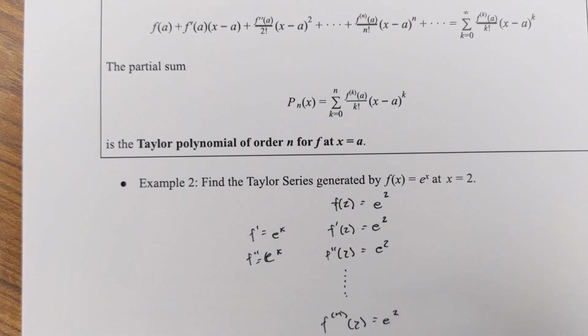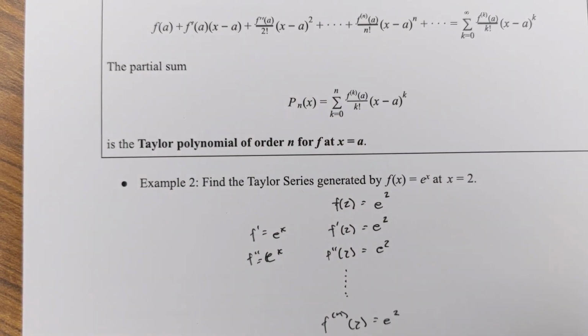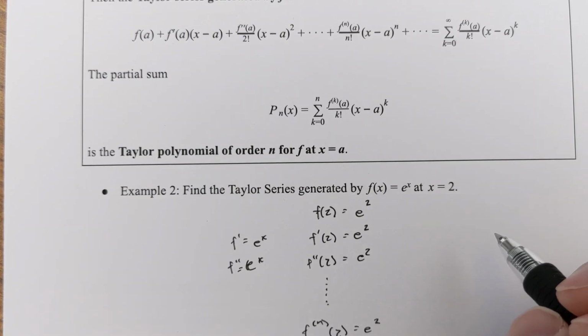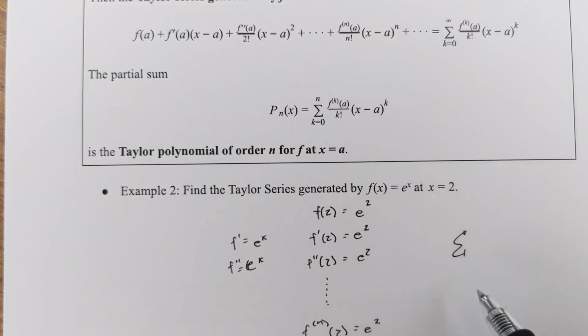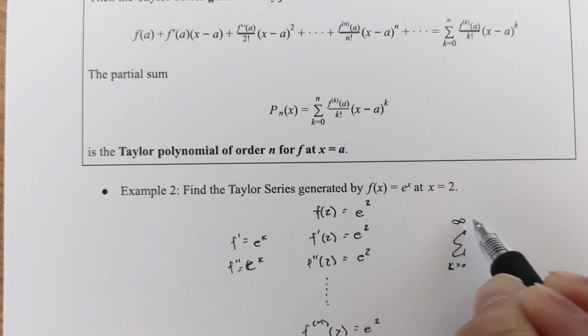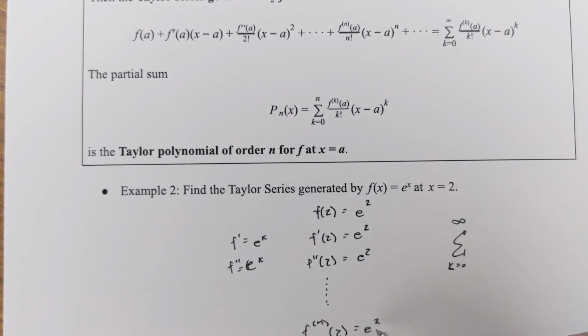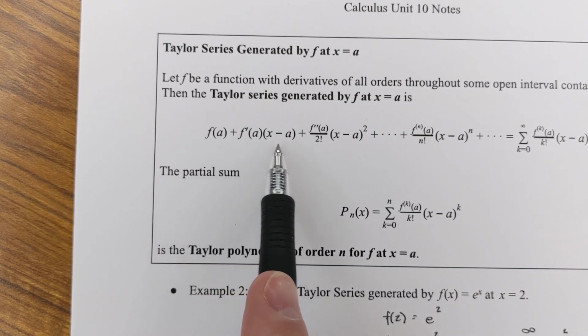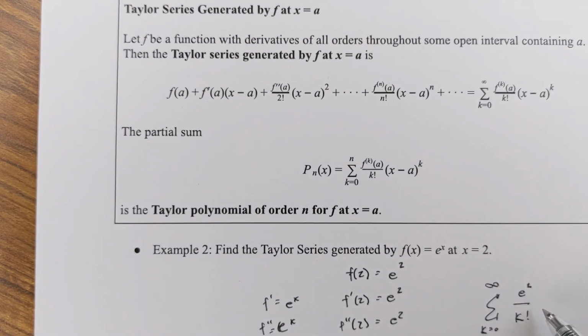It doesn't matter what it is. So what my formula actually is, I can just write generic, or something generic. It's the sum starting at 0, going to infinity. So the top is always going to be e squared. The bottom is always the factorial, 0 factorial, 1 factorial, 2 factorial, times